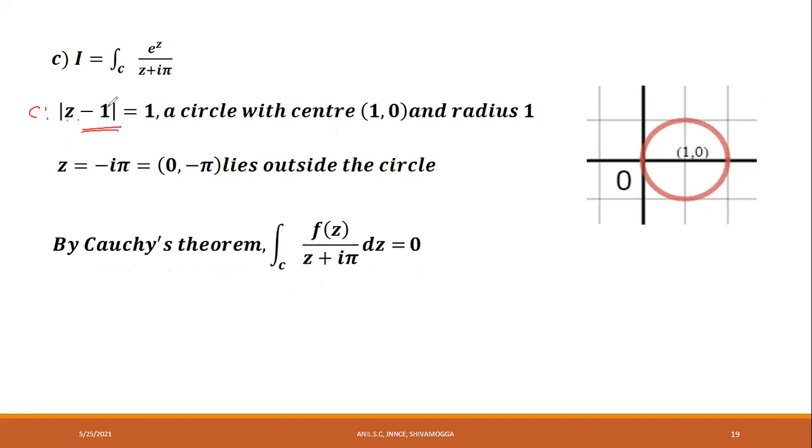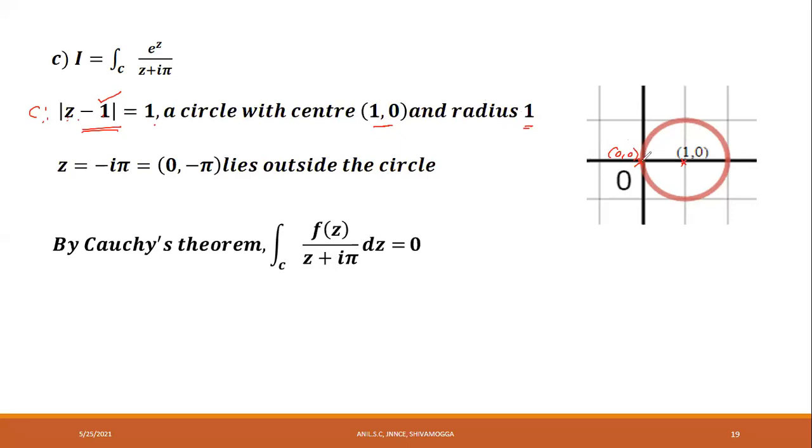This is z minus z naught. This is the center of the circle. It represents a circle whose center is 1, real part is 1 and imaginary part is 0, and radius r units. Construct such a circle whose center is at 1 comma 0 and radius 1 unit. This is origin, whose coordinates are always 0 comma 0, and 1 comma 0 is the center of this circle. Keeping this point as center of the circle and 1 unit as radius, you construct a circle like this.